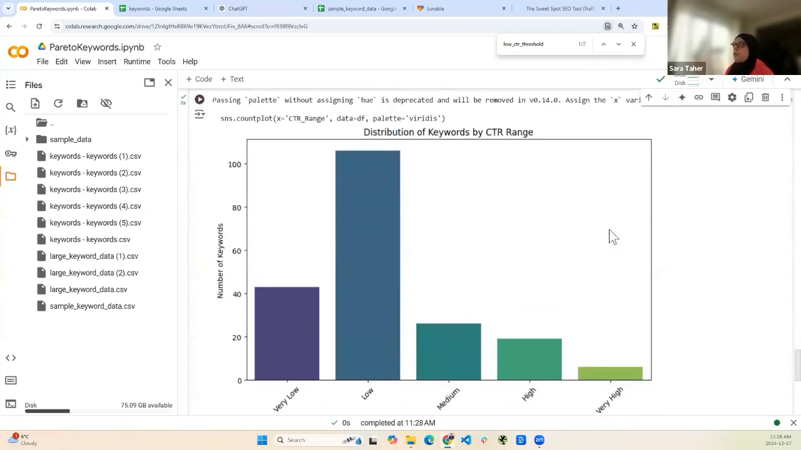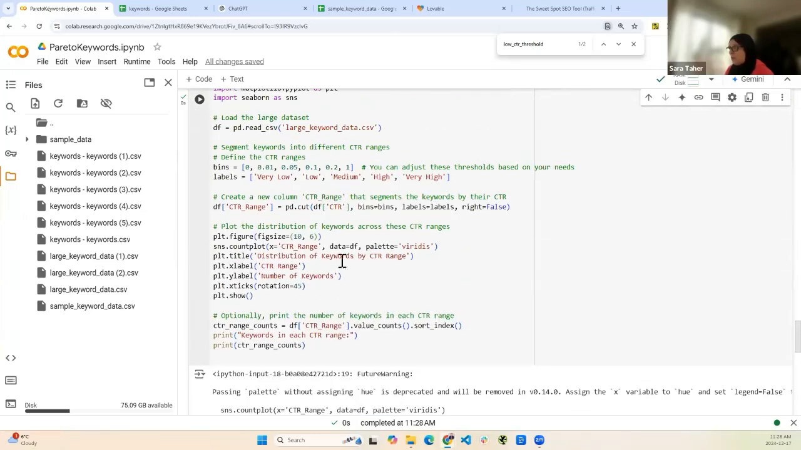So this is the distribution of the keywords by CTR range. I want to try this with my data, the data that I provided, like this one first. I like the colors. We can change the colors if you want. Like we can play around with these